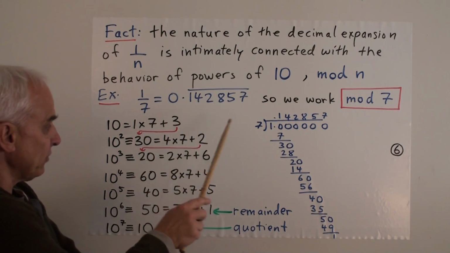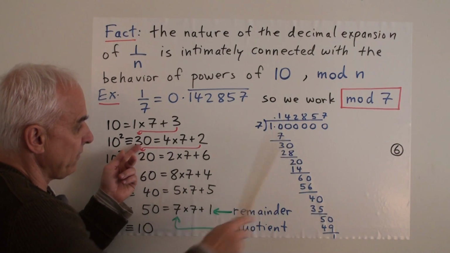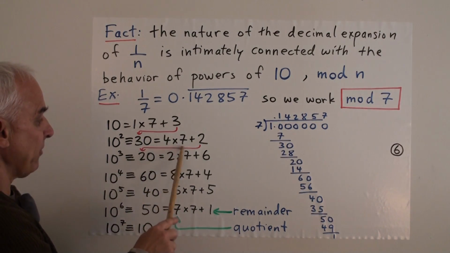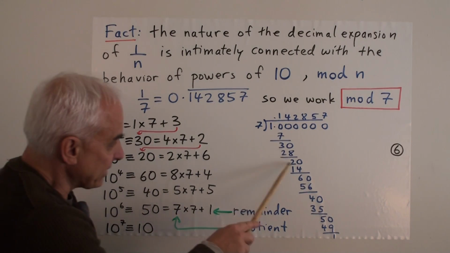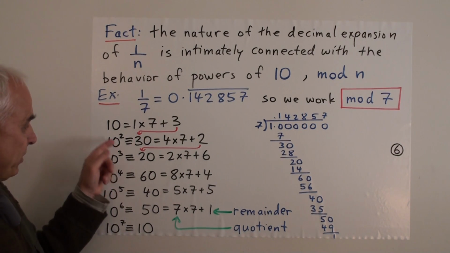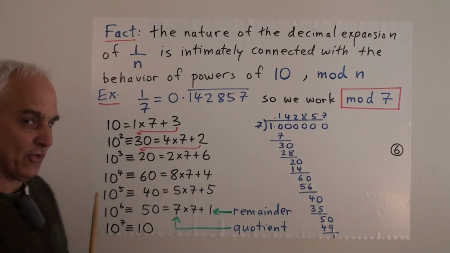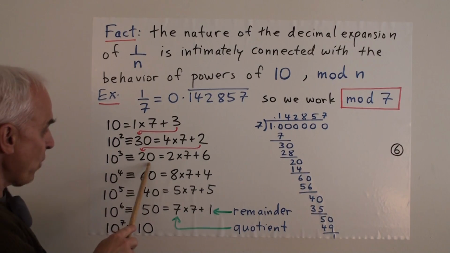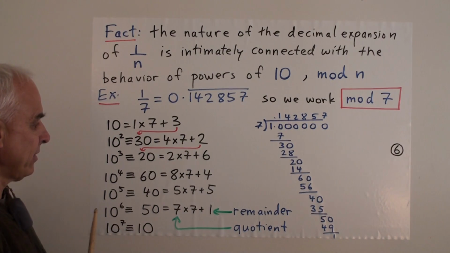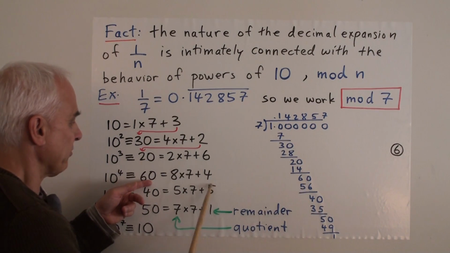And then at the next stage, we have to see how many 7s divide that. And there's 4 7s that appear there. 4 7s is 28, and a remainder of 2, and that's expressed in this equation. 30 is equal to 4 times 7 plus 2. And then the next step is represented by this equation. We multiply again by 10, because we're really taking 10 cubed, which is 20, because this counts for 0 mod 7. And 20 is 2 times 7, that's the 14, plus a remainder of 6. And then at the next stage, 60 is 8 times 7, which is 56, plus a remainder of 4.